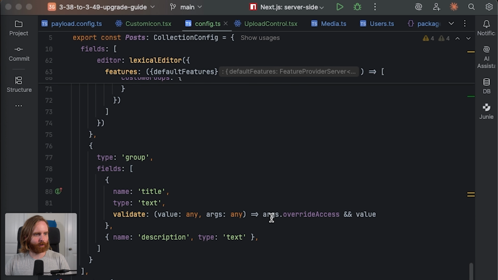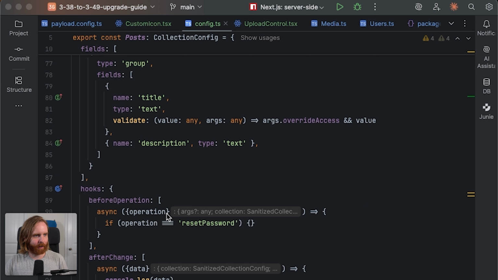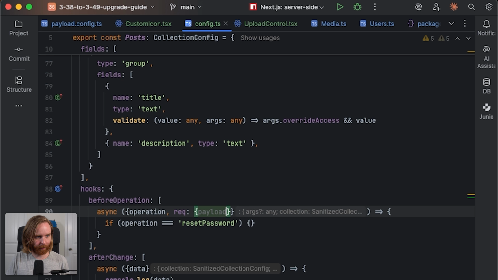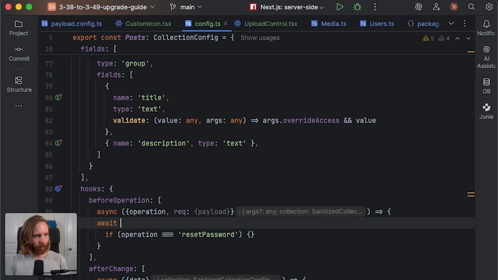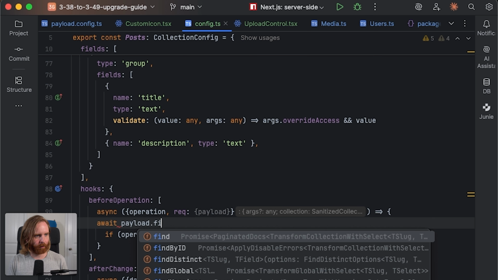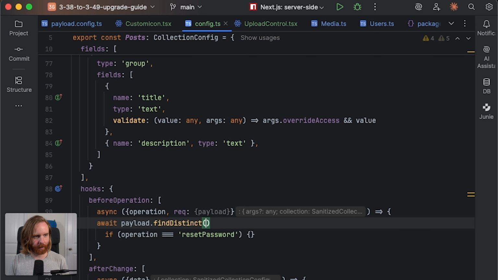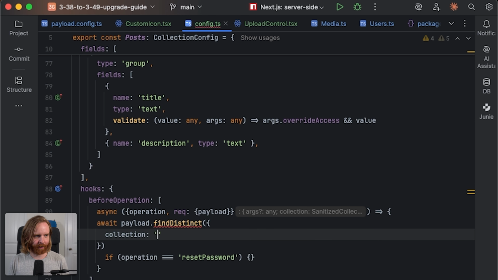In version 3.48, a new operation was added, find distinct. This allows you to retrieve all unique values from a specific field. For example, we can just go to one of our hooks to see this in action, and we can get our request, which should have our payload object in it. Then we can await payload find distinct, and you'll search through things like your collection of posts,